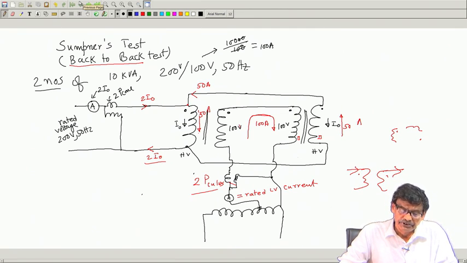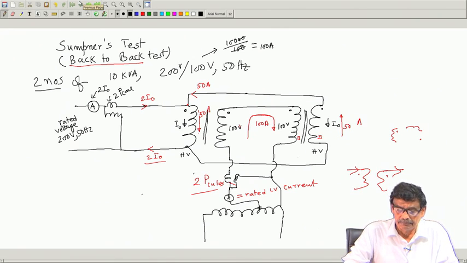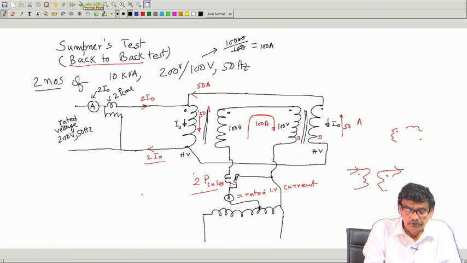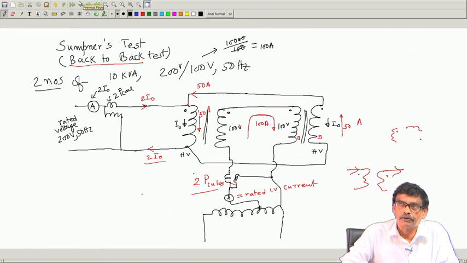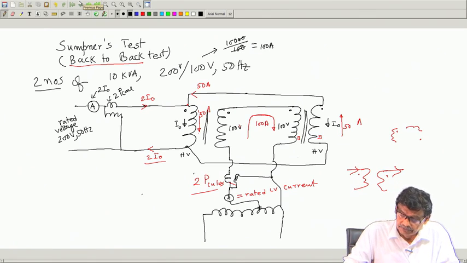the transformer under the condition of the test will have rated flux as well as rated current. And if you wish, you can find out the equivalent circuit parameters as well, because you know the no load current of each transformer, you know the wattmeter reading or core loss of each transformer, from which the parallel branch RCL and XM can be calculated, and from this side also you know what is the voltage needed to supply the rated current.